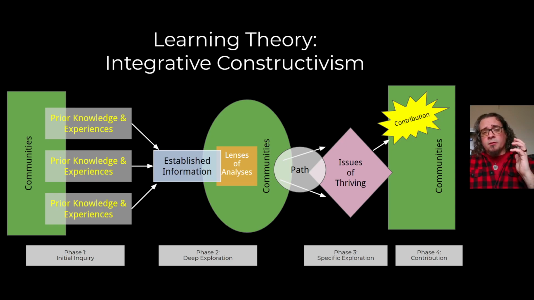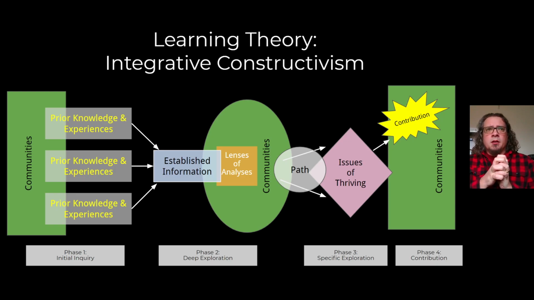In phase 2, there's more of a formal process now of going back to the community to really try to understand how the community situates this knowledge. And then you also see their lenses of analyses. That means that we take the information and sort of interrogate it with all these different views, right? We can do it from a critical race view, we can do it from feminist views, from anti-heteronormativity views, right? We can anti-racist views and so forth. We can anti-classist views. So we can do that.